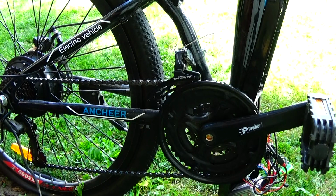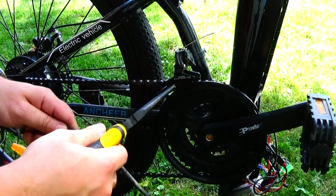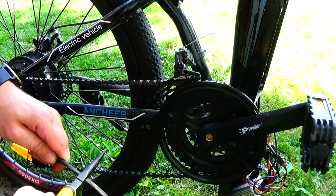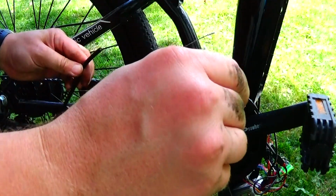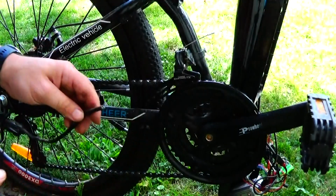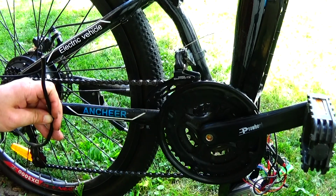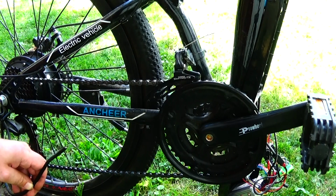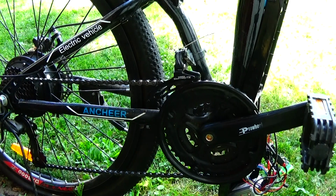Oh, fuck it. Okay, you know what? Let's just cut it. I really didn't want to cut this, but it looks like I'm gonna have to cut it. Right about there. There we go. That'll give us enough to put some different connectors on there and reattach it later. I shouldn't need to do that, but I guess that's now a part of the video, that you have to cut it, sadly. But sometimes you gotta make some sacrifices, right? So, yeah. Anyways, now,